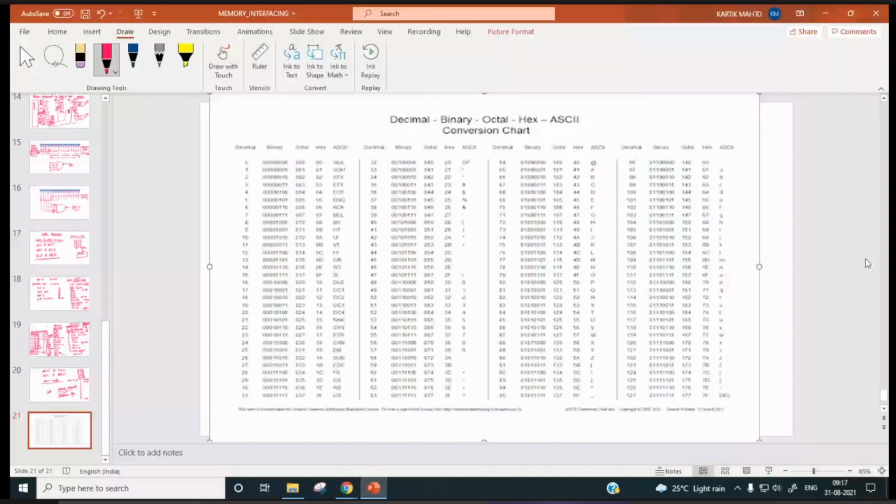ASCII for null is 0. Where is ABCD? A is 41. You can see here, A is 41, B is 42, 43, 44, 45, 46. Corresponding small a is 61. You can see 61, 62, 63, 64, 65.